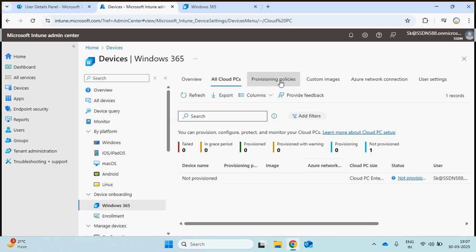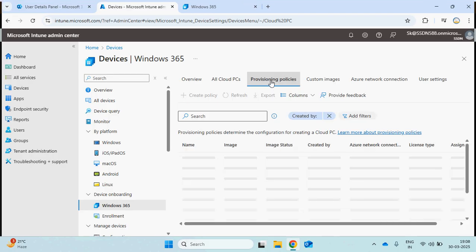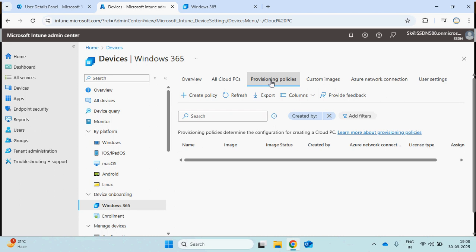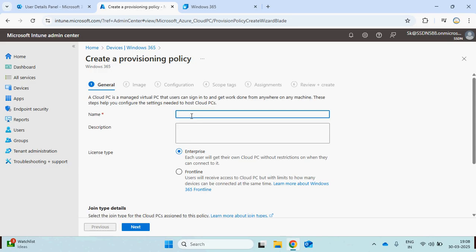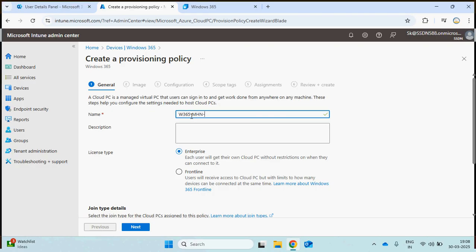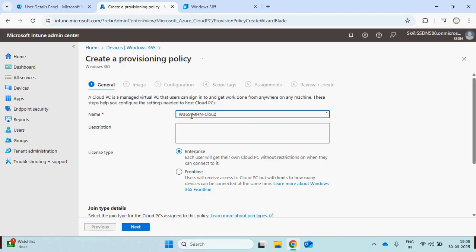After assigning the license, if you have the correct Intune license or Microsoft 365 E3 or E5 licenses, you come here, click on create policy and specify the policy. This time I'm creating a Windows 365 Microsoft hosted network cloud PC.